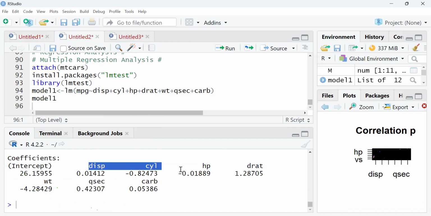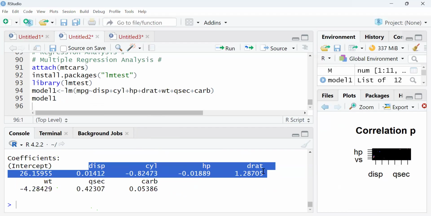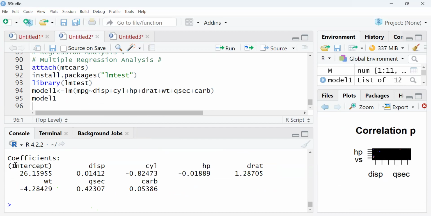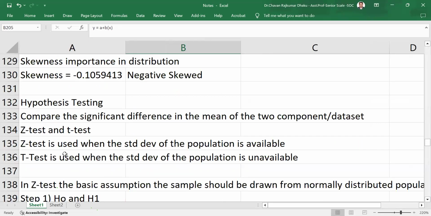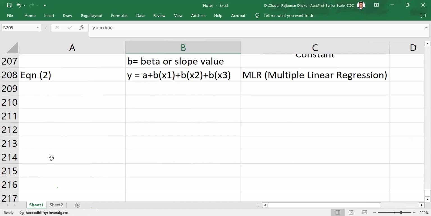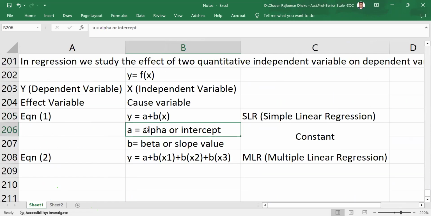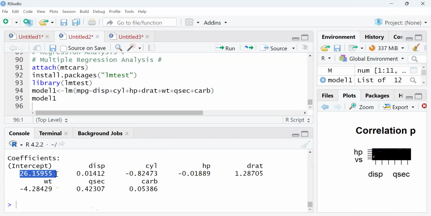You got it here. So these are all your coefficient values from that particular data set. This is your intercept value, which is nothing but your alpha value. Let me go down and show you here. This is your alpha, which is called the intercept value. So we got the intercept value as 26.15955, followed by DASP, and these are coefficient values, called the slope value of that particular